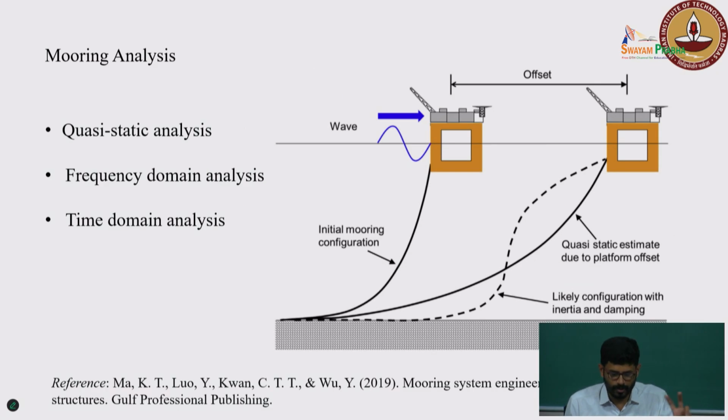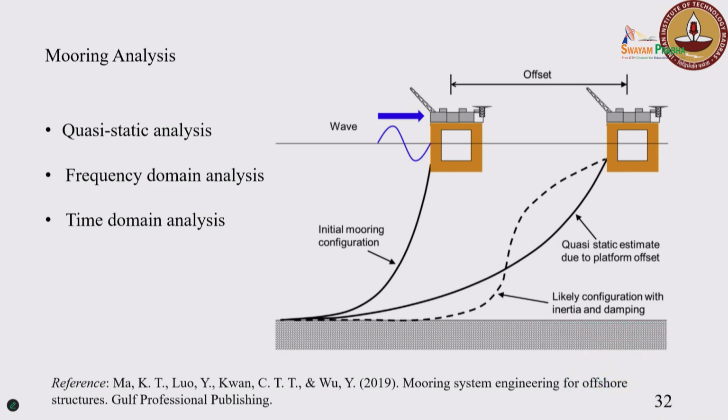Okay, so this is about the mooring design, but it doesn't end there. When you start a design, you have to analyze, and then you have to make changes to your design again. So it's an iterative process. That's what we have been saying. The different mooring analyses that exist are quasi-static, frequency domain, and time domain. This is what the industry practices. Again, in the time domain, we have the decoupled analysis and the coupled analysis, right? Decoupled, coupled, right? But before we get into the time domain, it is important to understand the quasi-static analysis, because